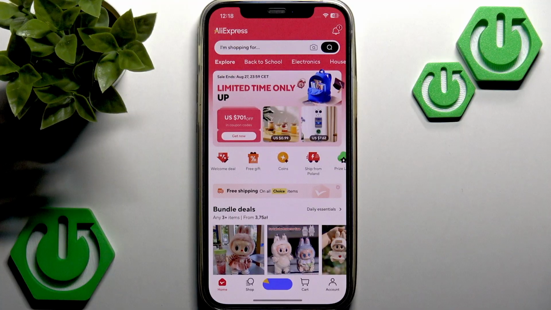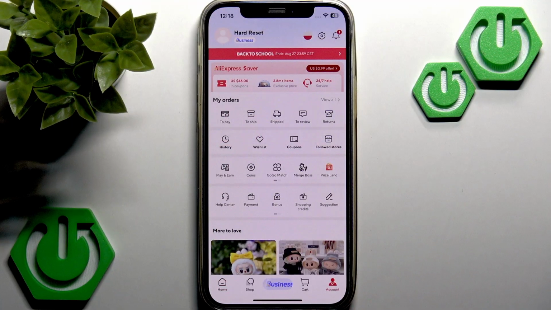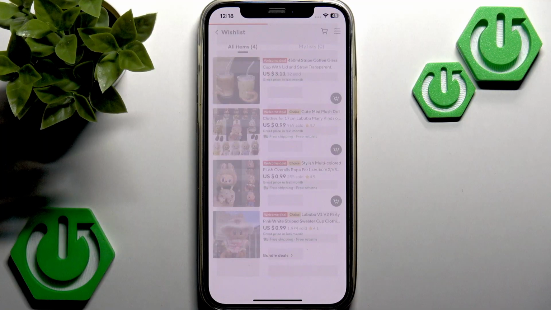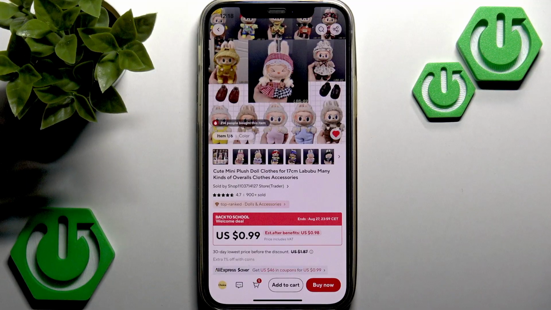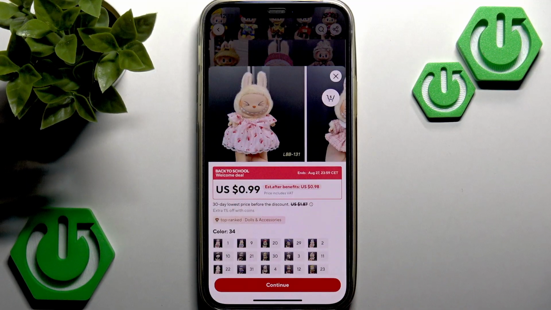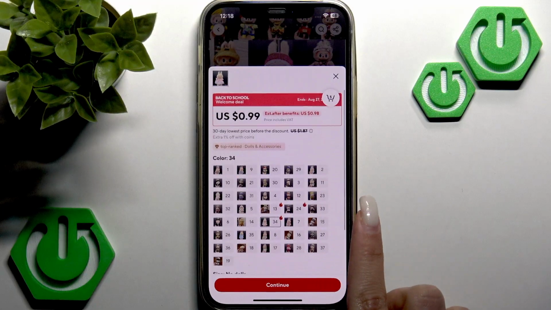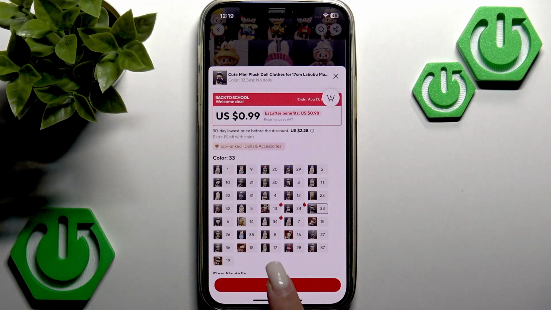So open the AliExpress application on your phone and go to whatever item you want to order. Let me find it in my wish list. Now I need to proceed to the checkout page. So I press the Buy Now button at the bottom, select exactly which item I want to order, tap the Continue button,